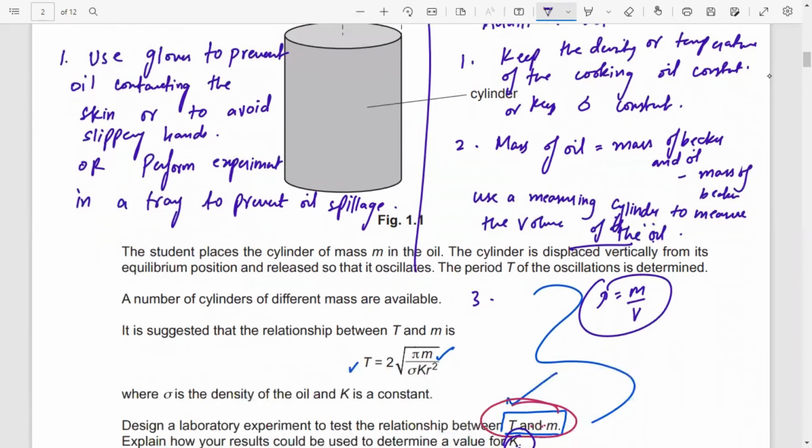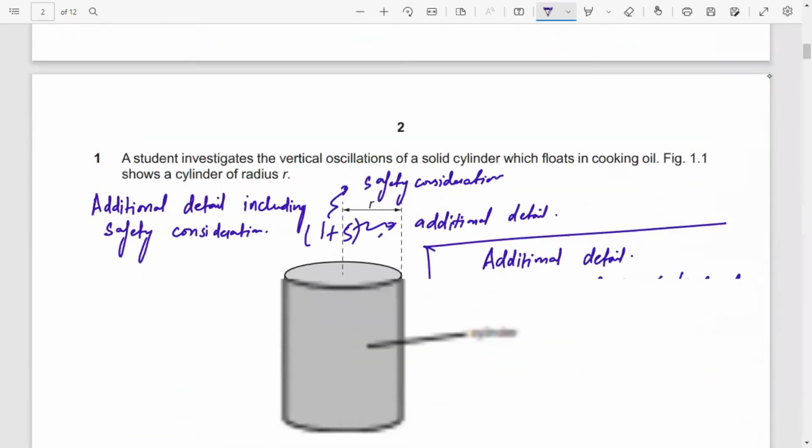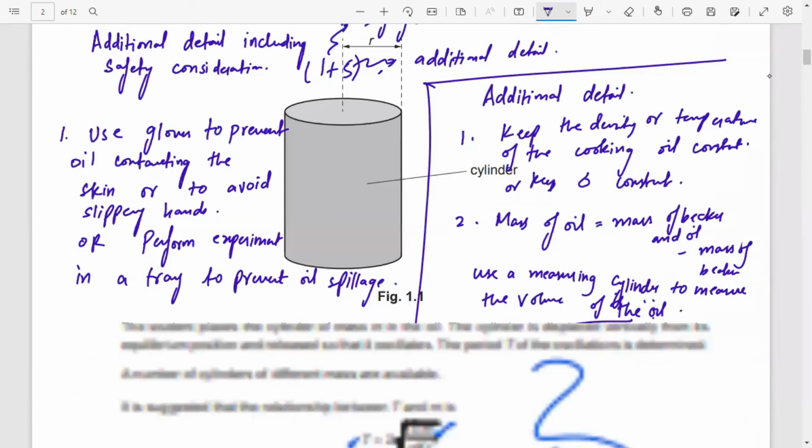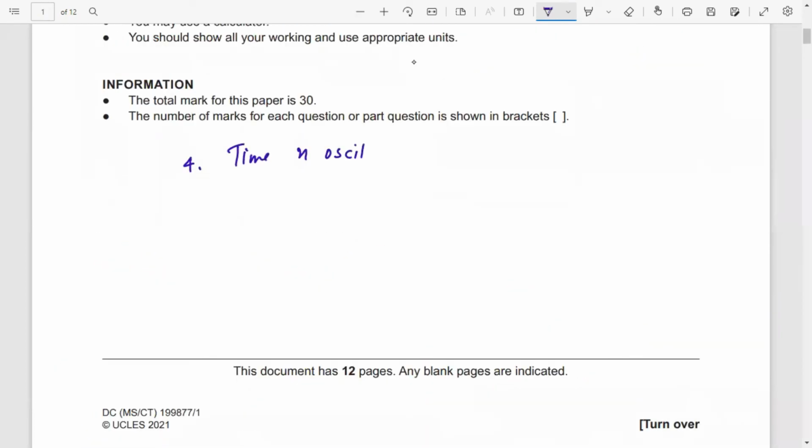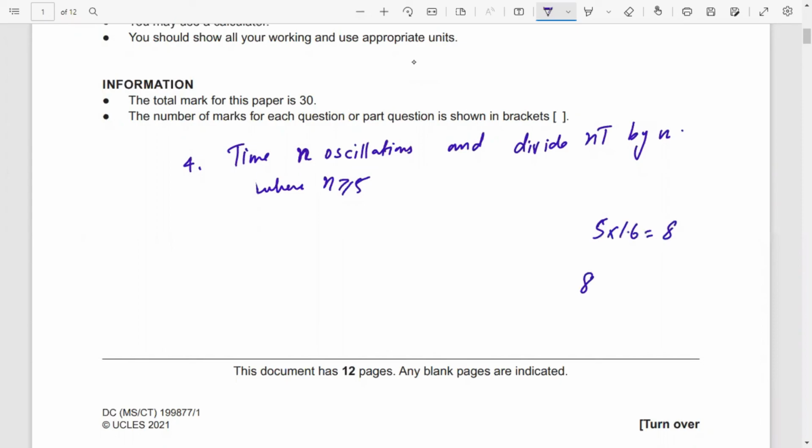अच्छा, उसके बाद जो आपने ऑसिलेशंस निकाली थी, उसके बाद आप जो टाइम पीरियड ले रहे थे, time for n oscillations and divide nt by n, where n should be greater than or equal to 5, मतलब एटलीस्ट 5 से ज्यादा होनी चाहिए। यहाँ पे आप n oscillations लें और nt को n से डिवाइड कर दें, इसका एक और नंबर मिल जाएगा। 5 oscillations ले रहे हैं तो टोटल टाइम 5 into 1.6 यानी 8 होगा, आप 5 से डिवाइड करेंगे तो 1.6 आ जाएगा।